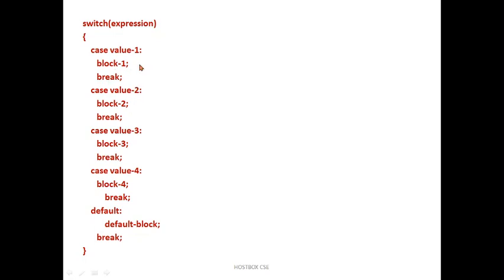I am repeating, all the statements in the C program should end with a semicolon. So what will happen when you write this program? When a match is found in a case, the statement associated with it is executed and the program stops. If the match is not found in case 1, it goes to case 2 and checks whether it is true or not. If true, it prints the statement. If not, it comes to case 3, and then case 4. If unfortunately all four are false, then the default statement is printed in the C program.